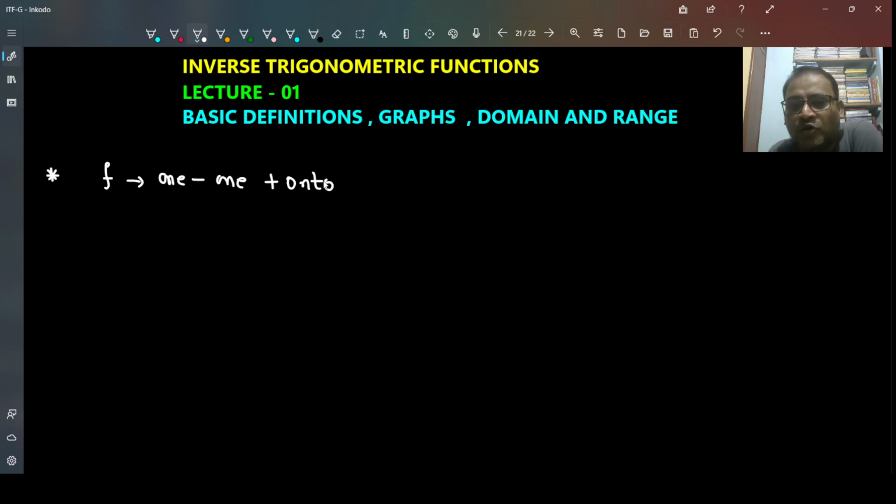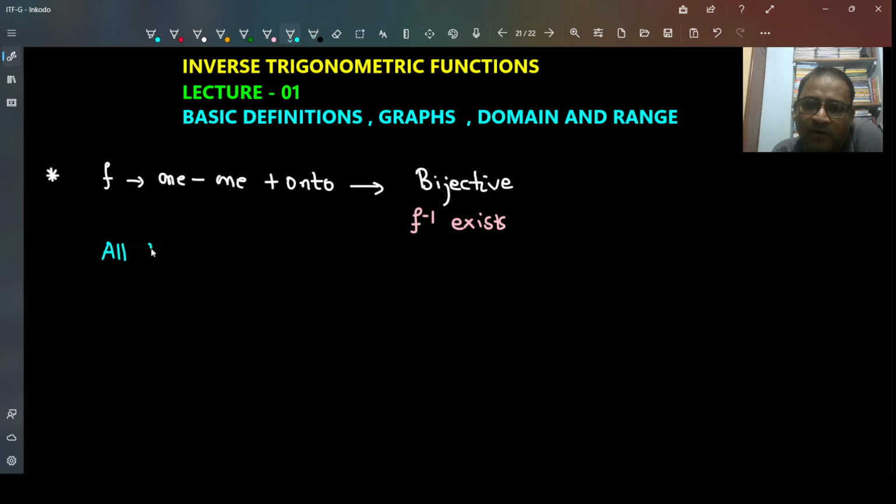then this function is called a bijective function. If the function is bijective, then its inverse exists. And we know that all the trigonometric functions, all the T functions,